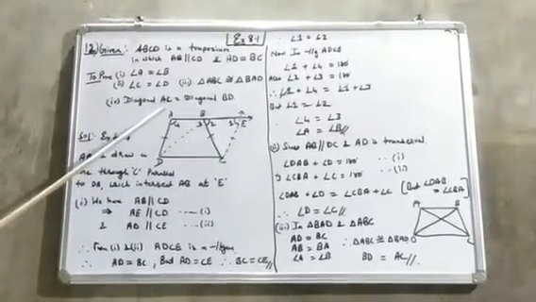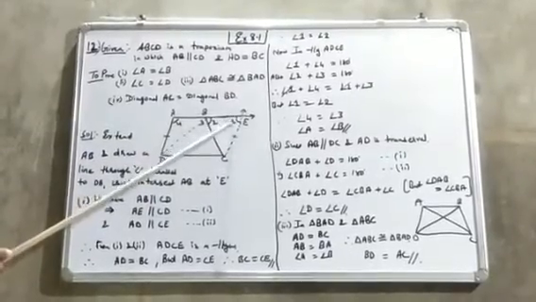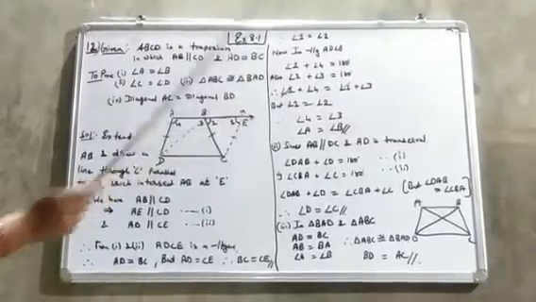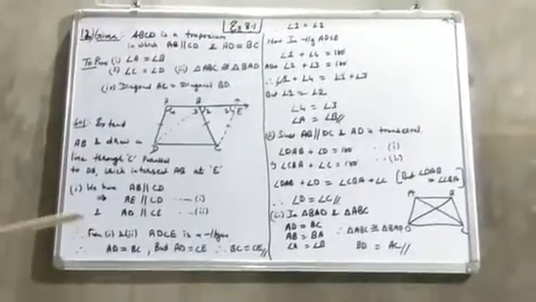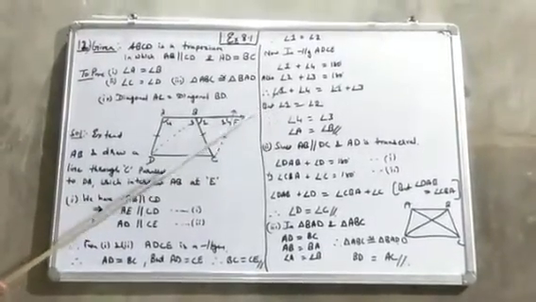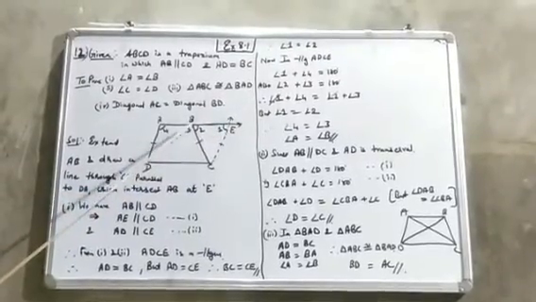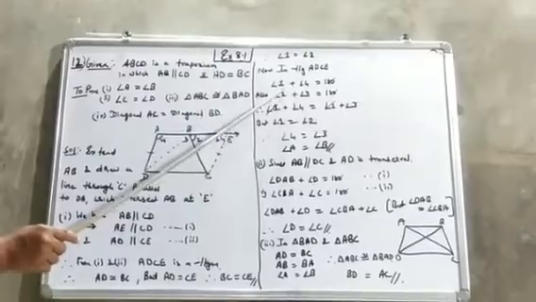Now take parallelogram ABCE, where I can say the sum of angle 1 plus angle 4 is 180. Angles on the same side of the transversal are supplementary. You have to write the reasons. So angle 1 plus angle 4 is 180. Along at point B, angle 2 plus angle 3 is also 180.